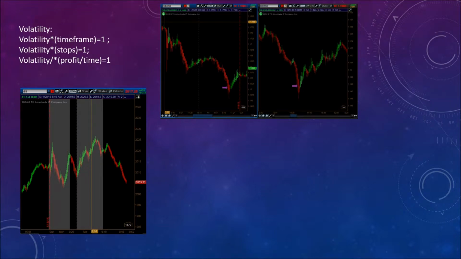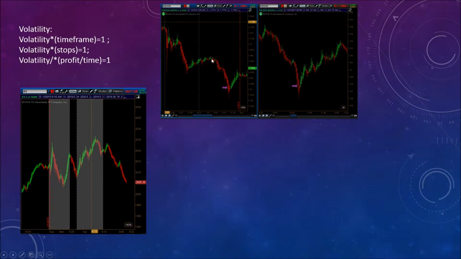So for volatility, I created a few attributes that you can think about, identify and take into consideration. The first one is that volatility and time frame equals 1. That's just another way of saying that as volatility goes up, the time frame that you want to trade on goes down. For instance, if we see here,